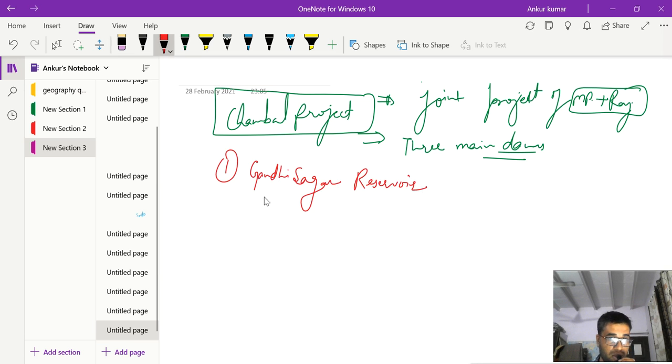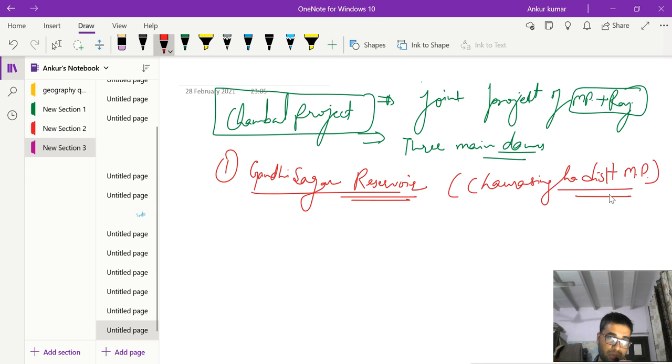Okay, and the dam that falls is in the Chora Singha district of MP. Right, Chora Singha district of MP, Madhya Pradesh. Right. So this is the Gandhi Sagar reservoir associated with the Chora Singha